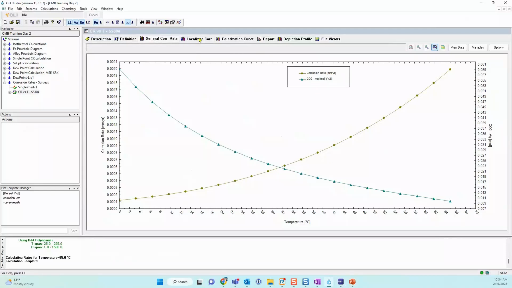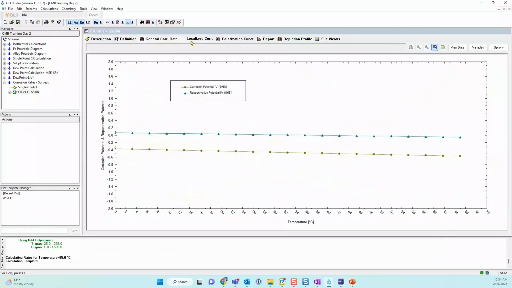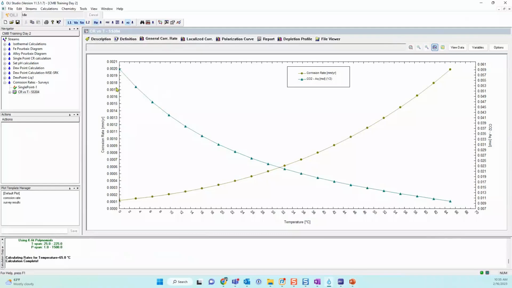So the next step is, okay, let's analyze if we have localized corrosion. We don't have the passivation, in this case, it is saying that we don't have any localized corrosion. The repassivation potential is always above, at all temperatures, above the corrosion potential. No tendency to pit. It will only corrode, and it will corrode at this rate, 0.0018 millimeters per year, or in this range will be the corrosion.